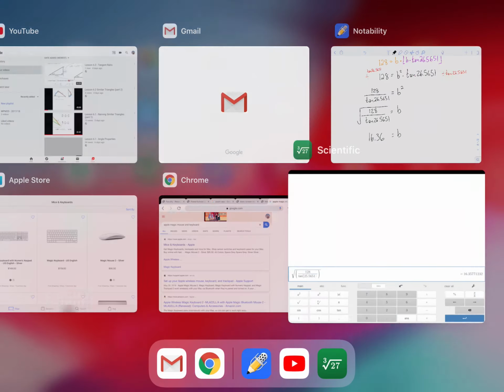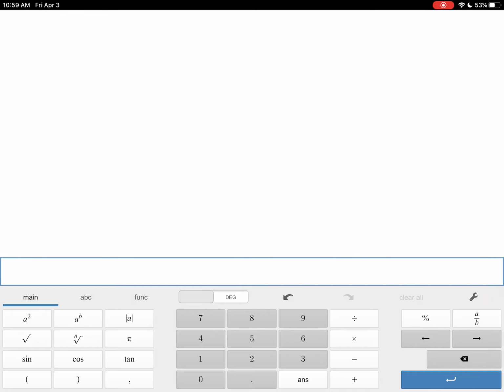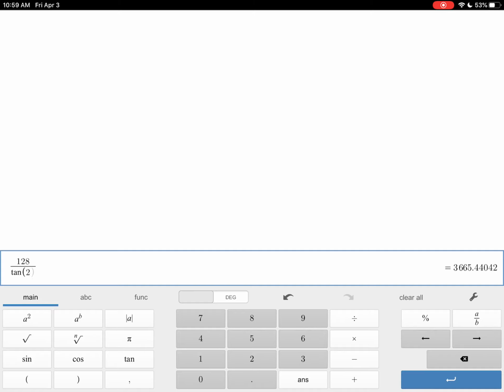And I just want to double check that on the calculator. So if I do 128, just going to see how this calculator works. 128 divided by tan of 26. Did I do 25? Is that why my answer is a little funky there? 5651 is equal to